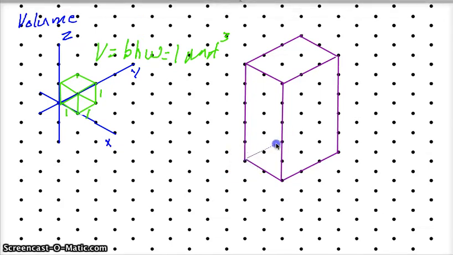So we bring this all the way over to here, and then all the way over to there, okay? And then this guy in the back. As you can see right here, this is a prism, because of the way it's shaped. And let's call the base a rectangular right prism. Now, how do we find the volume of this? Well, if we follow this same procedure that we just proved over here, let's try that and see if that